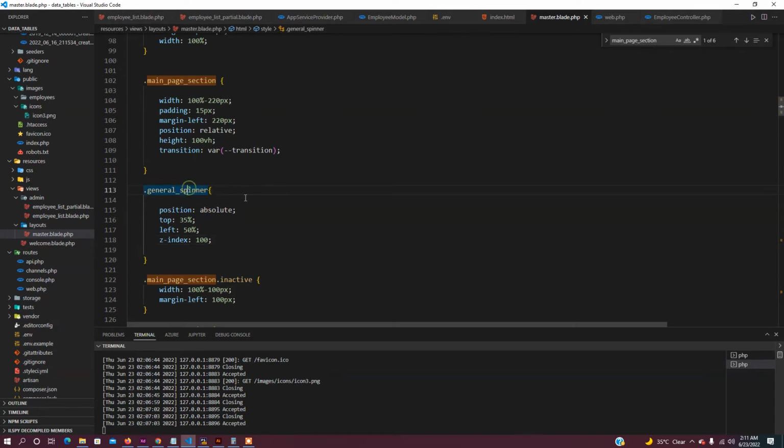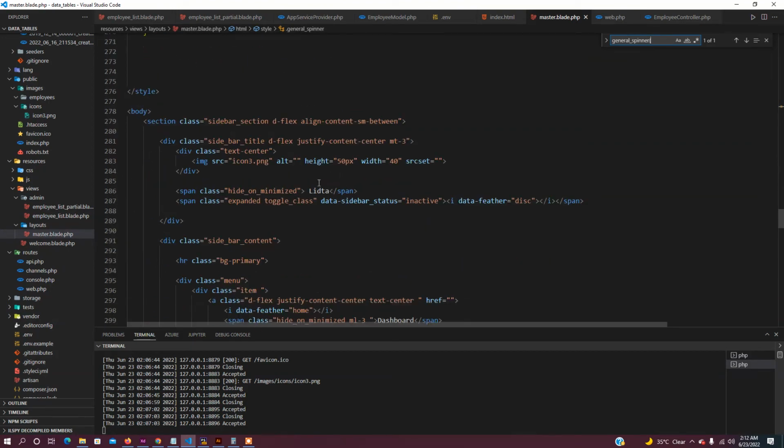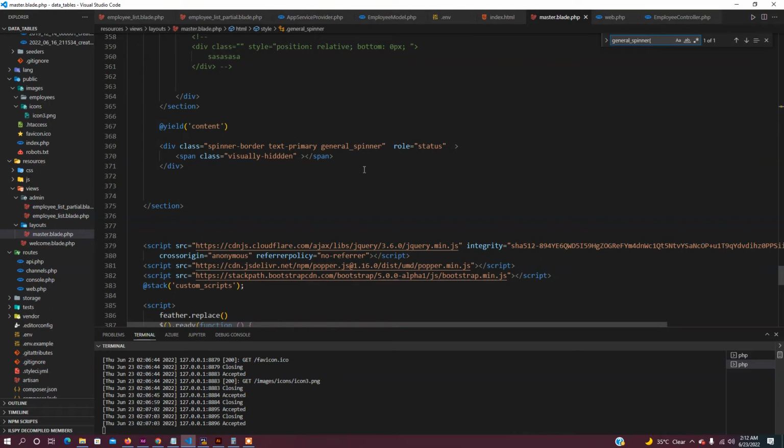I like that. Going to copy the class itself without the dot. General spinner, I'm sure I called it something, which is here. General spinner. Yeah, that's okay. So like that,